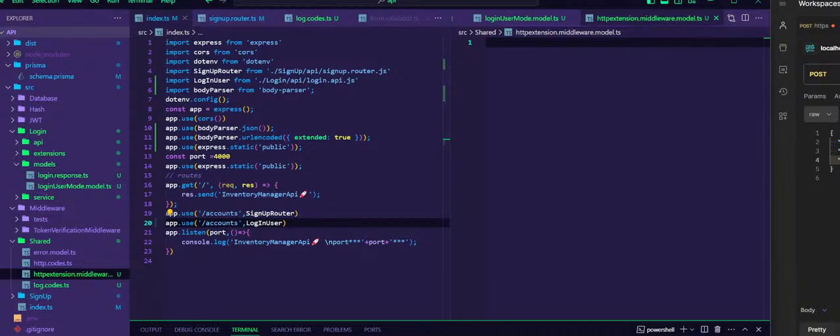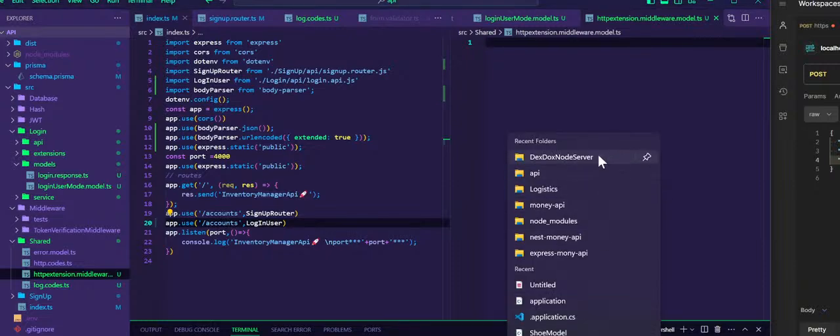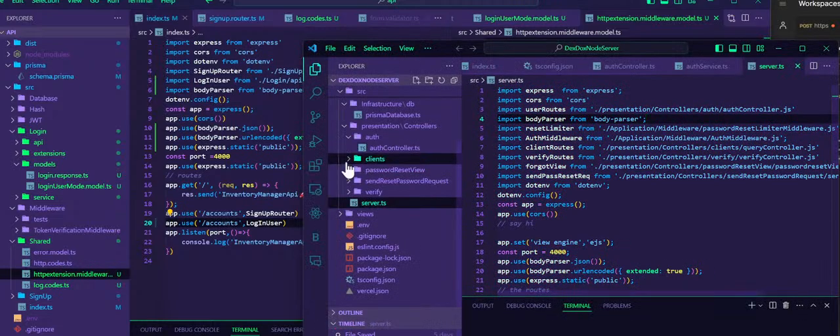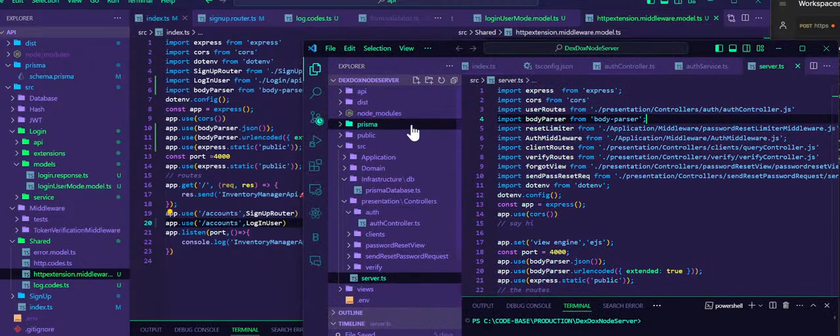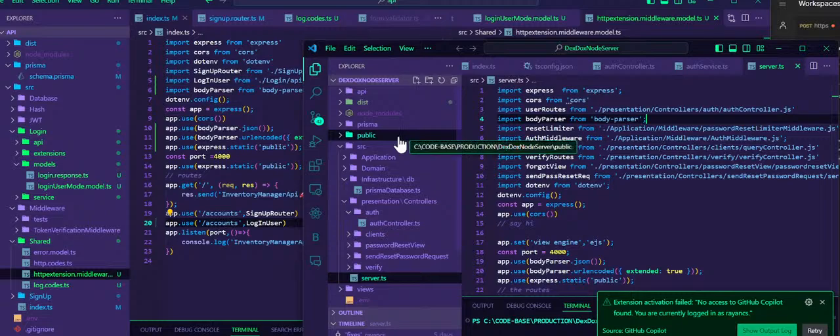Now, for reference, I'm going to be using the older project that I made. I use middleware over here, and hopefully I'm just going to copy paste